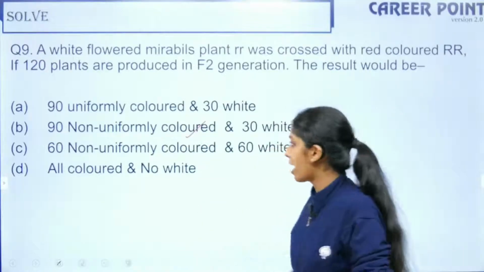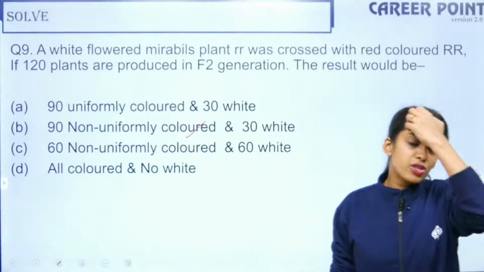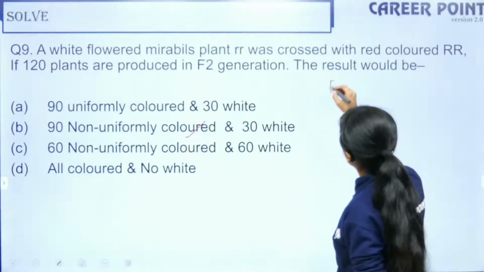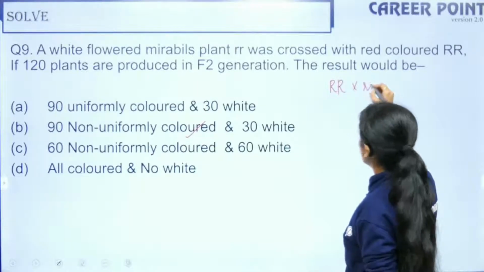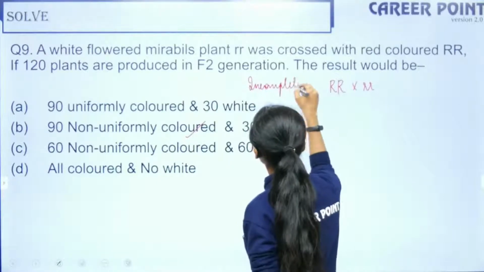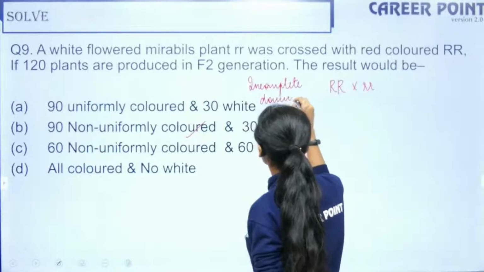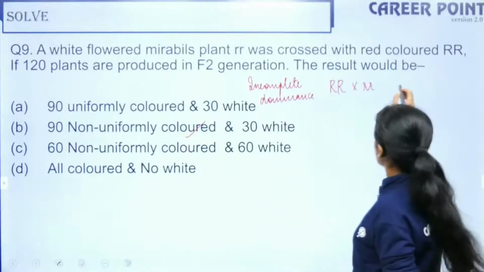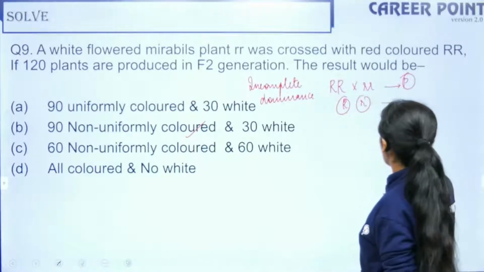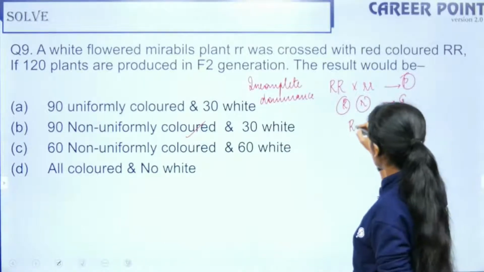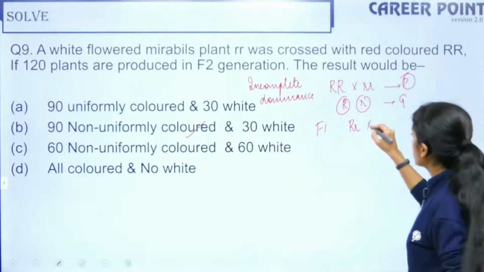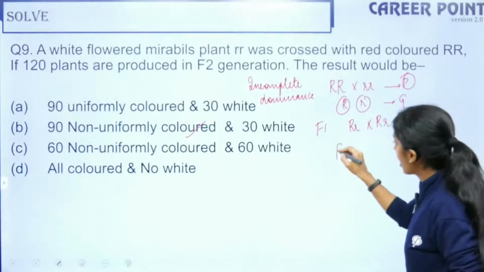B. Shimpi, absolutely right. Yes, Prince, you are also right. It is option B, a white flowered mirabilis plant. So it is red flowered and it is white flowered. Your mirabilis plant shows incomplete dominance, right? So these are the parents. The gametes will be R and R. This is your F1 offspring. They are asking about the F2 offspring, right? So Rr into Rr, I do the crossing.